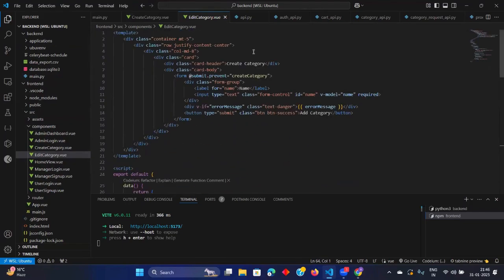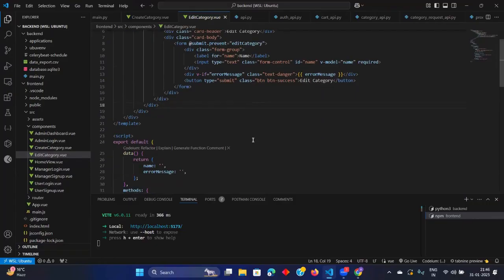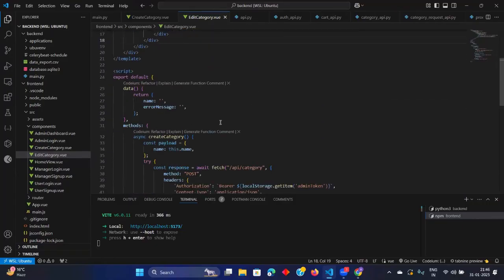Okay. So now in this, what we want is the edit category. Edit category. V model name. Error message. Edit category. This is fine.